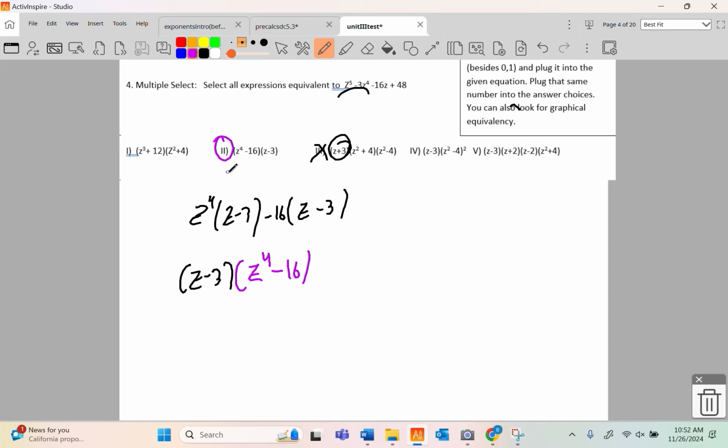So that's choice 2. Now z to the fourth minus 16 will factor. It takes a z squared and a z squared to create z to the fourth because we add exponents. 2 plus 2 is 4. 16 is 4 and 4. To add to the understood 0 z in the middle, one's positive, one's negative. That is not an option because